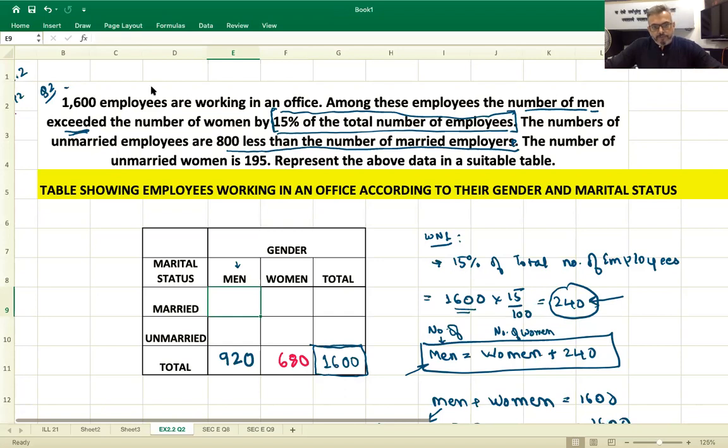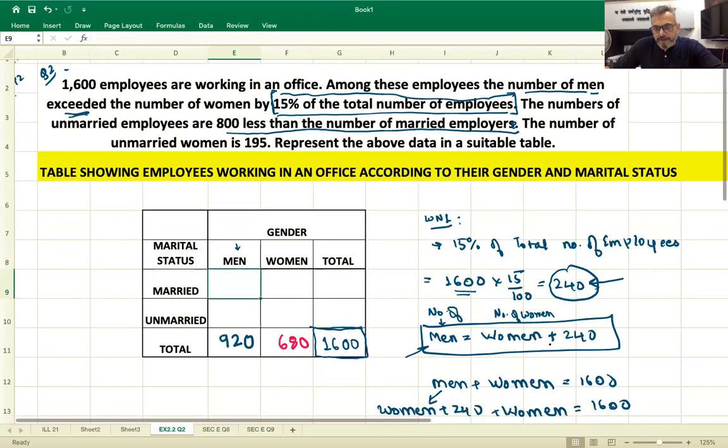So over here, men is equal to women plus 240. This equation itself, we can say that the number of men exceeded the women by 240, or they are more than number of women by 240. Is this clear now,